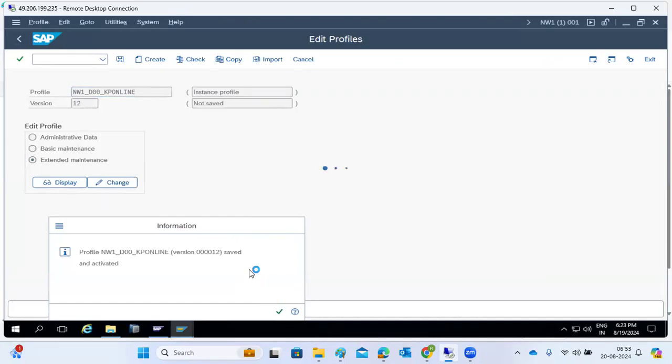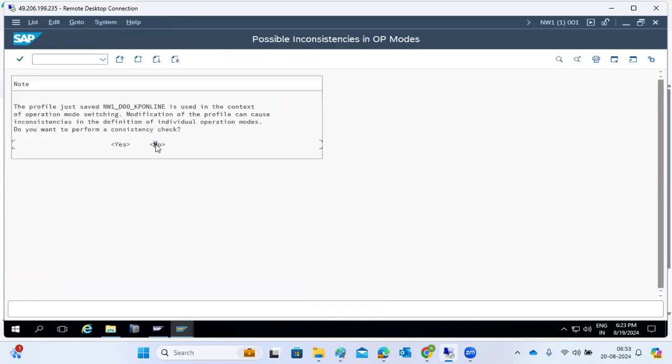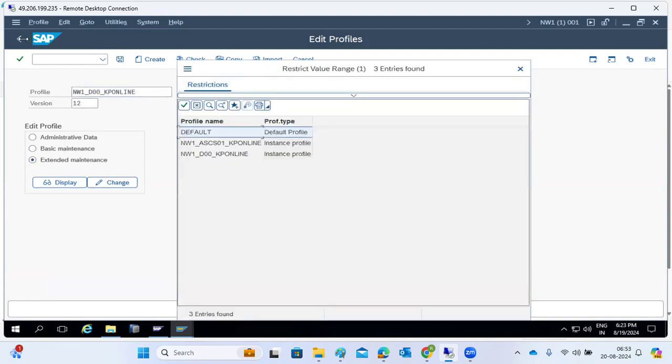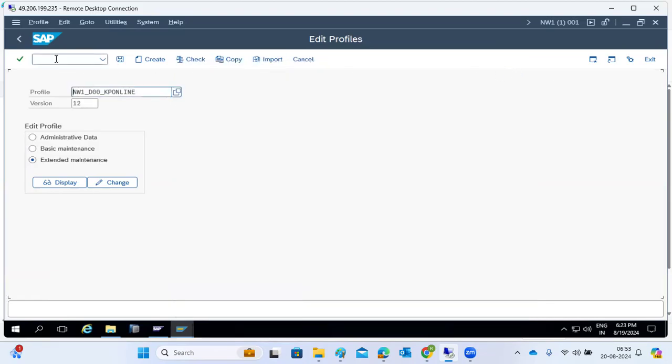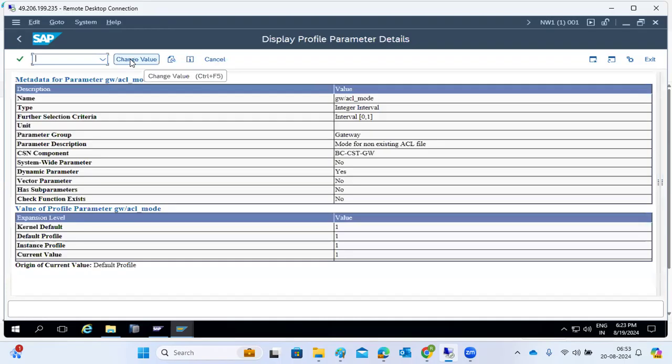But the thing is, we have to restart the application server. Then only we can log into the SAP Star Pass. But not all the parameters are static or dynamic. So how to identify and test? Go to RZ11. Then when you type the parameter value, if the change value option is coming,